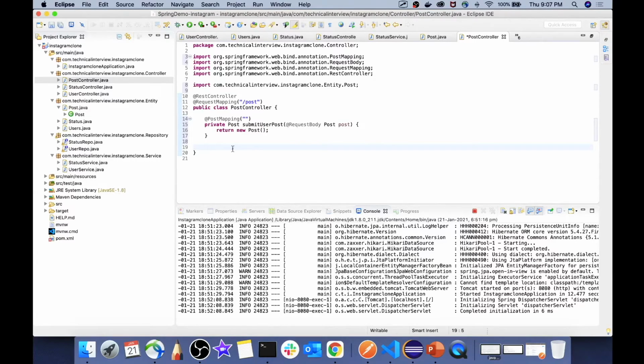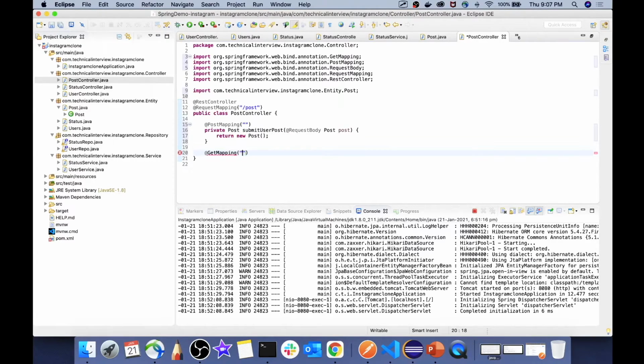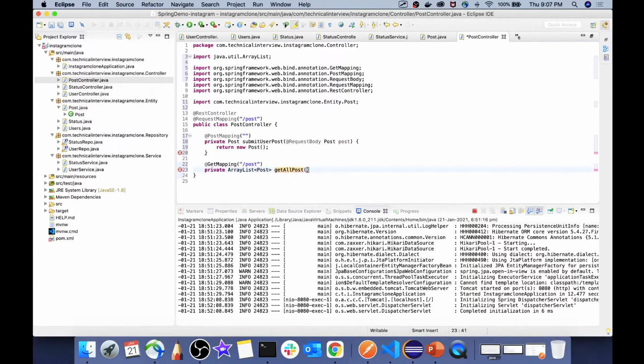So over here we will set our getter method, which will return all the posts in the form of an array. So you can see that just like our previous controller, here also we have defined the post and the getter method for our post service.